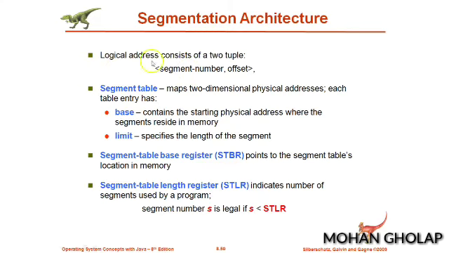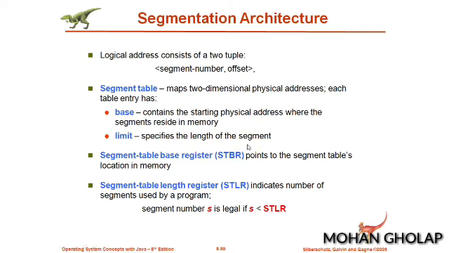So here, in order to support this, your system is going to maintain one table, that is the segment table. It is going to map the two-dimensional logical addresses to physical addresses. Each table entry has two fields, that is base and limit. Here base contains the starting physical address where the segment resides in memory, whereas limit specifies the